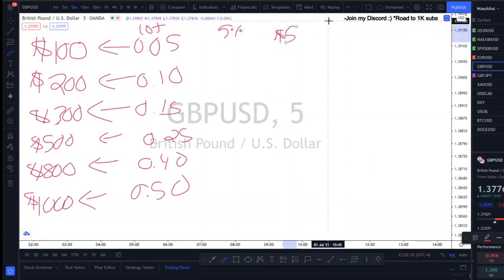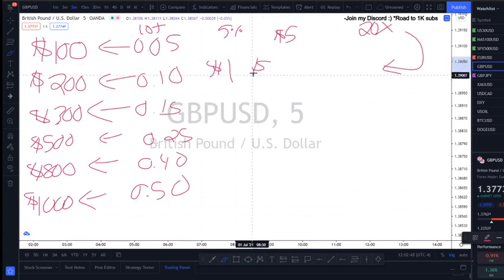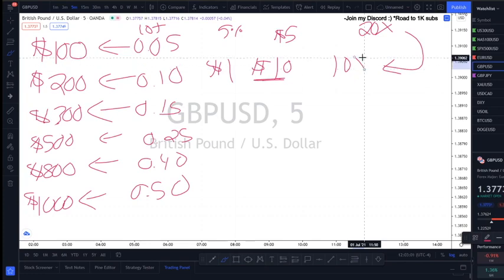How many times does $5 go into 100? 20 times. So you need 20 wins to get to the next level, right? To get to $200. A 0.10 is $1 per pip, right? So if you're getting 10 pips and you make $1 per pip, that means you made $10. Following? Right? So how many times do we need to win this $10 to get to the next level? Well, 100 divided by 10 is 10. So we need to win 10 times with a 0.10 lot to get to the next level, to get to